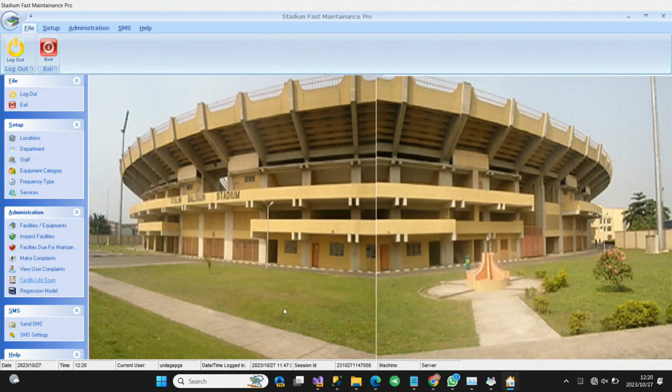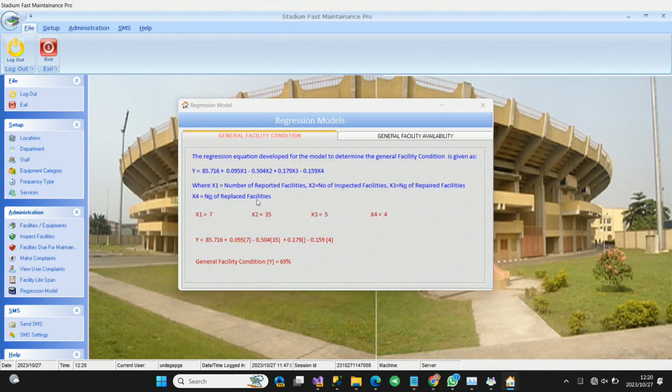Now, the next one here, which is very important, is the regression model. Hold on, let me do the regression model, then you ask your question. Now, for the regression model,